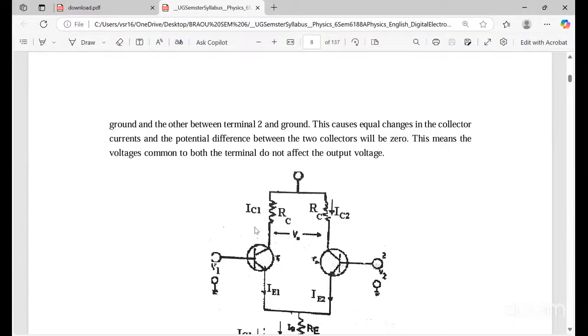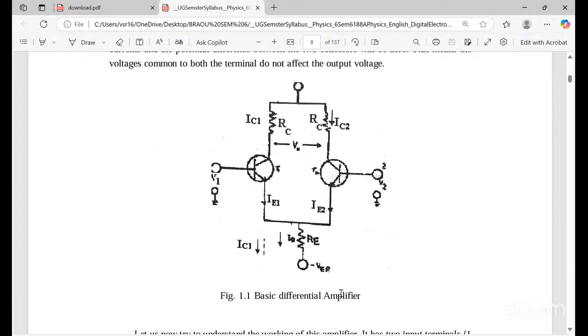So if the voltage is V1 and RC is there, IC1 is the current. Here V2 is there, RC is there, IC2 is the current. The difference between IC1 and IC2, or else V1 and V2, is the V0 output voltage. Getting my point? And here you assume two other resistors, the current which is fed through this emitter region is IE1 and IE2. The sum of these IE1 and IE2